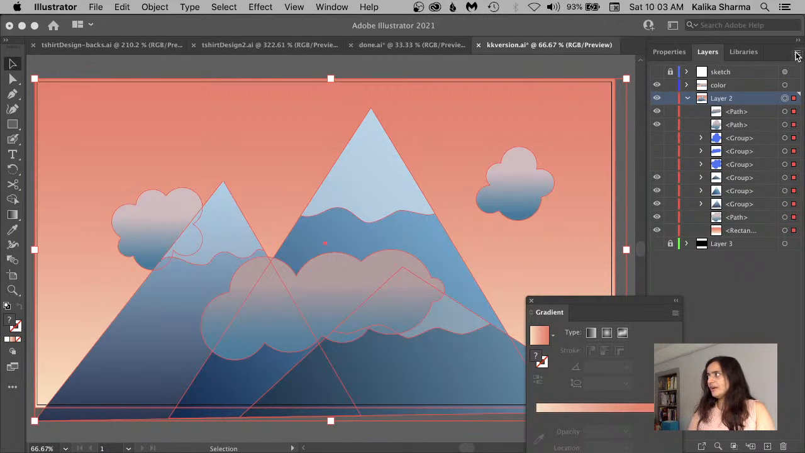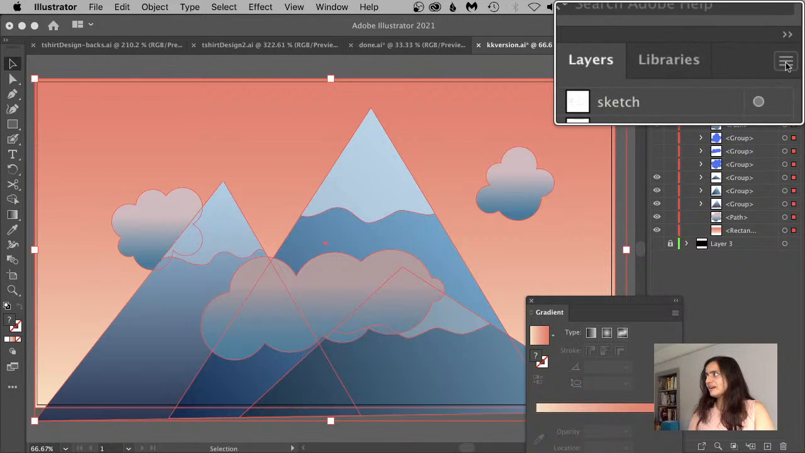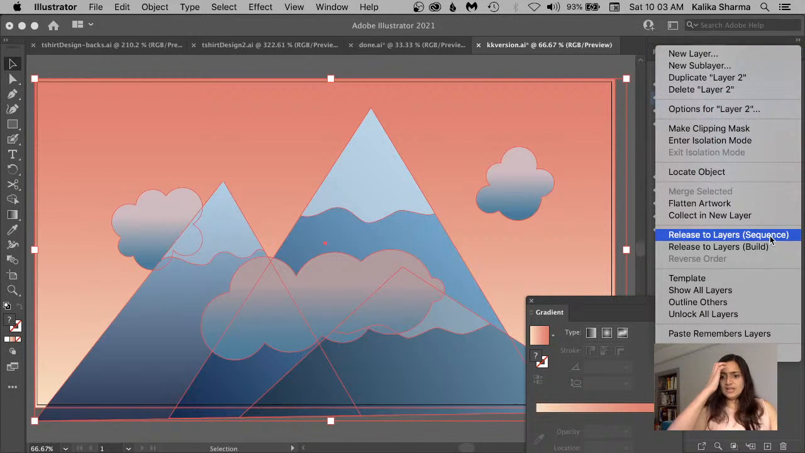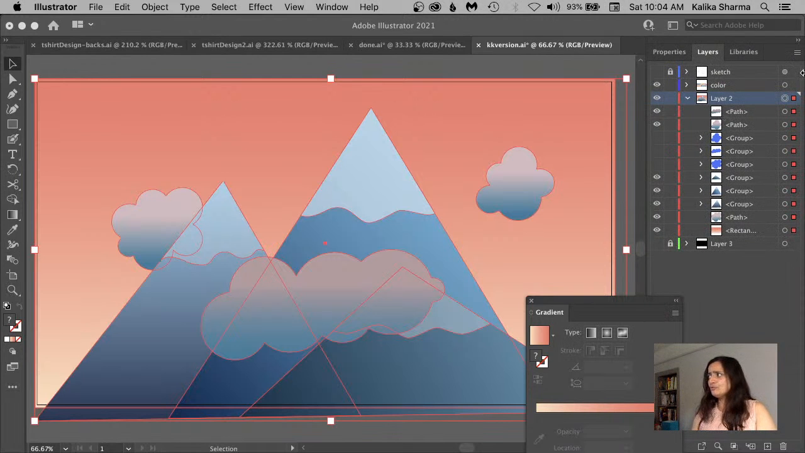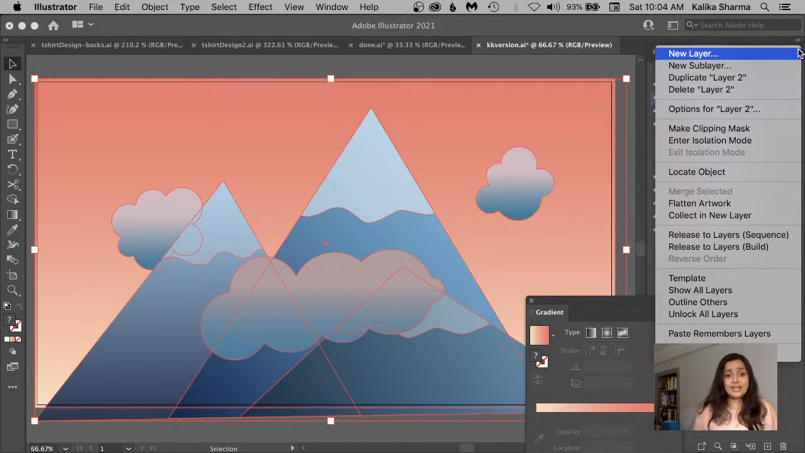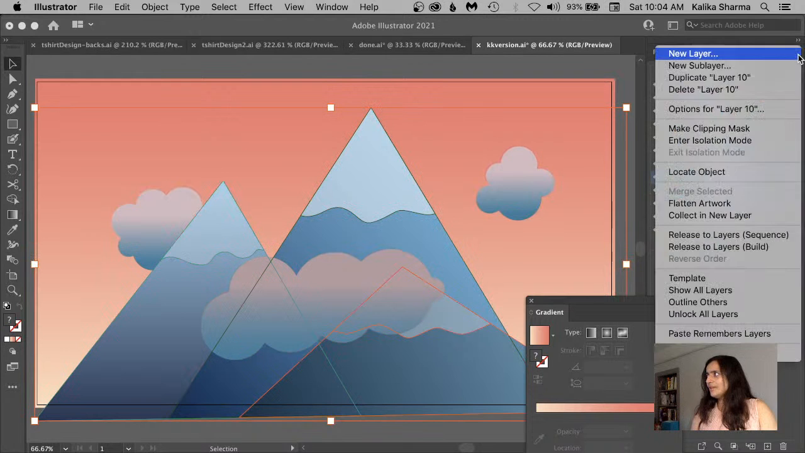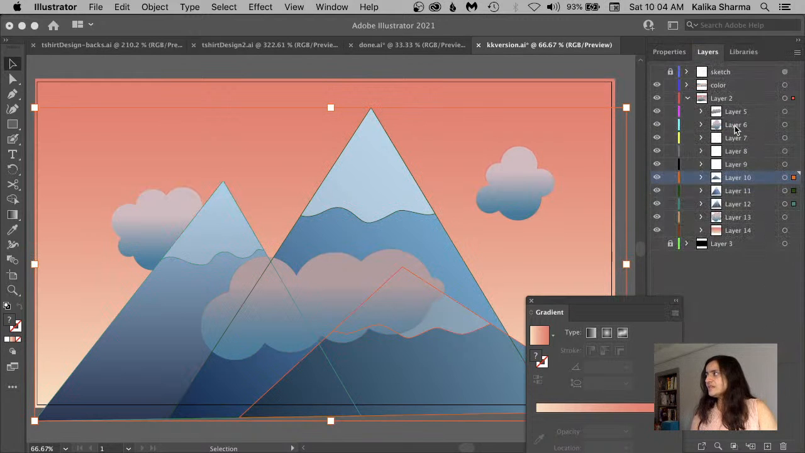I click the layer, and then I go up to this stack. And in the stack, I choose Release to Layers Sequence. Now what that's going to do is it's going to create a whole bunch of sub-layers. So what we have right now are paths and groups. Sub-layers are like regular layers, except they live inside of an existing layer. So if I go to the little layer menu, Release to Layers Sequence, it creates